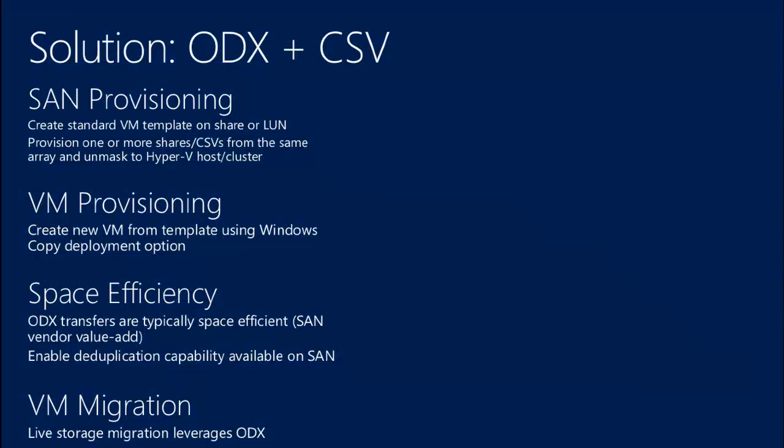That I know of today, there's no partners that actually span arrays. Totally possible with the technology itself, but today it's within an array. So your library share has to be in the array, or your LUN, and your destination has to be on the same array itself. Typically, these ODX transfers are space efficient, so you don't even have to use a diff,